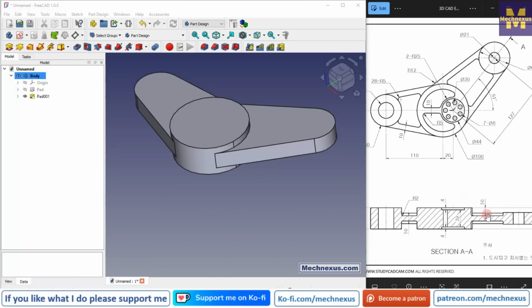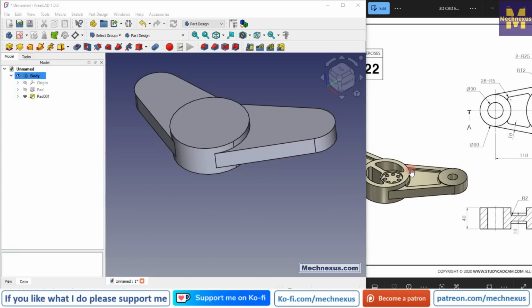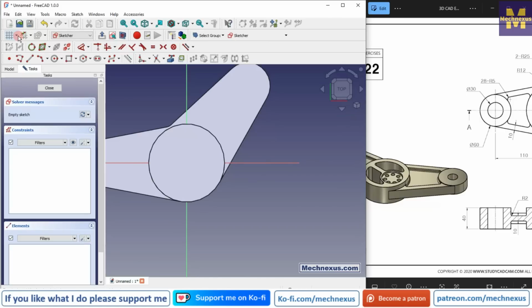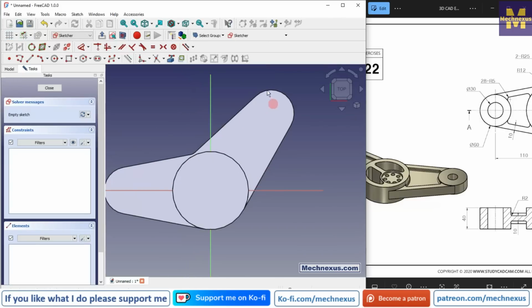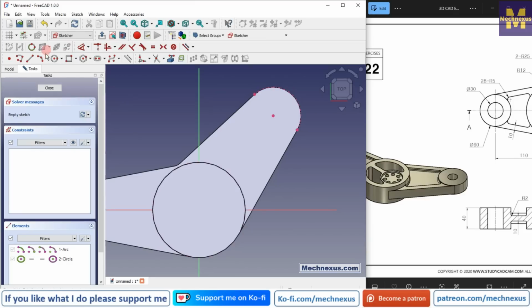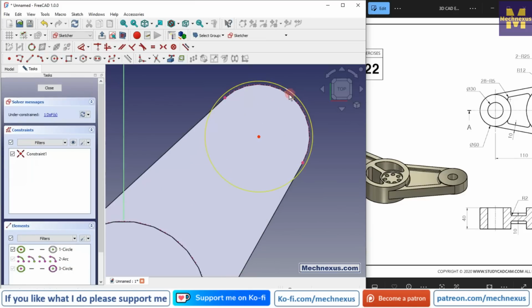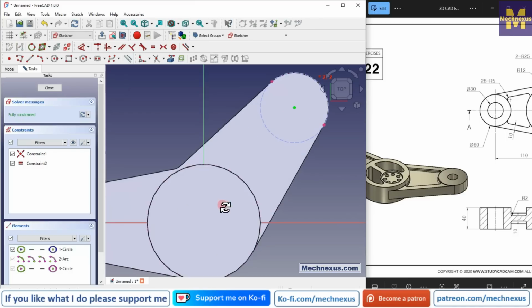In the next feature we will create this cut which we can see in isometric. So let's switch to the isometric and select this face and click on the sketch, and now here I will project this radius. Click on project geometry and project this radius and this radius as well. And now we will create a construction diameter which will be equal to our projected radius. Select this and this and say OK. Select it and make it construction. Same way